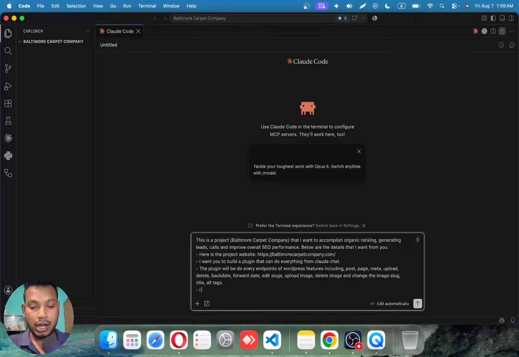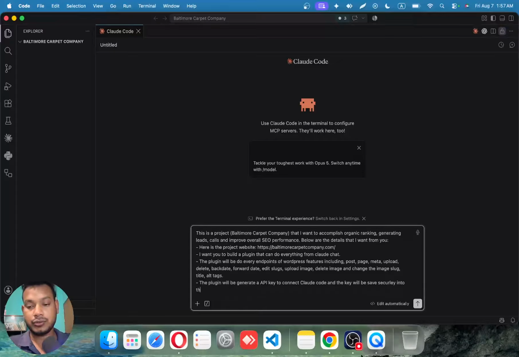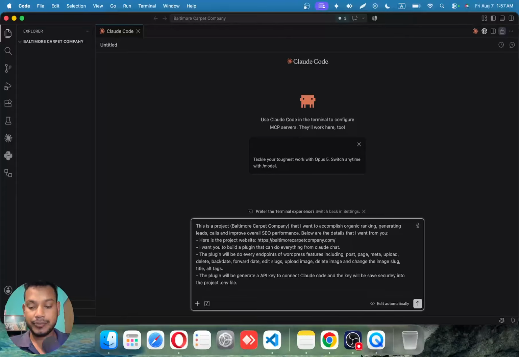Okay, I will use WP application. So the plugin will generate an API key to connect Claude Code, and the key will be saved securely into the project .env file. Okay, and then I want you to